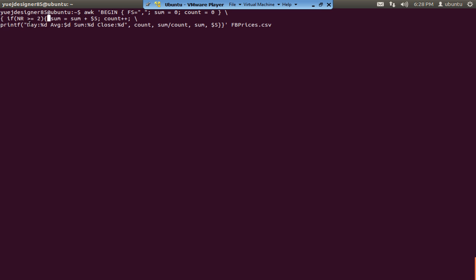So you have a day, and a percentage d for the numbers, average, percentage. Oh, this should be percentage d. Why is it showing $d? I don't even know. Anyway, and then the percentage d, and then you specify your variables here. This is the average, sum divided by count is the average, the sum, and the close price, and everything. So if I press enter,